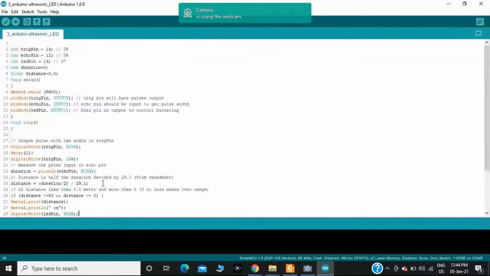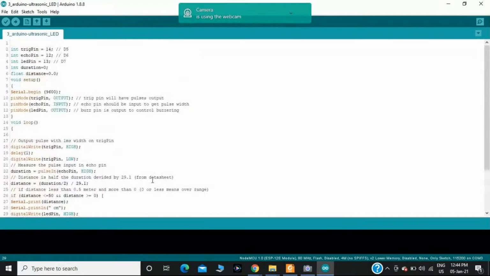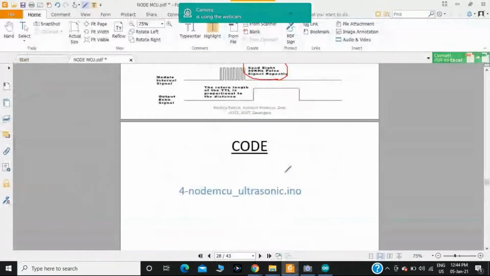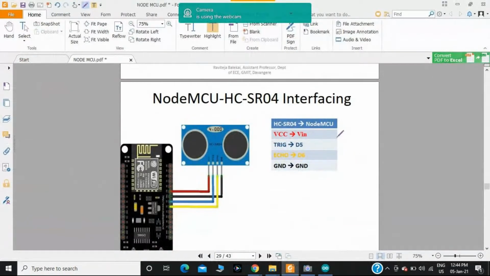Like this. First, I will make a connection between the ultrasonic sensor and the NodeMCU.